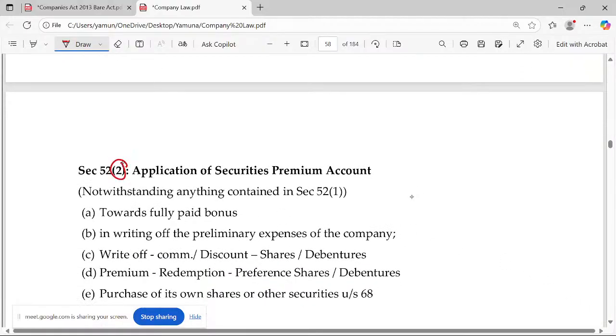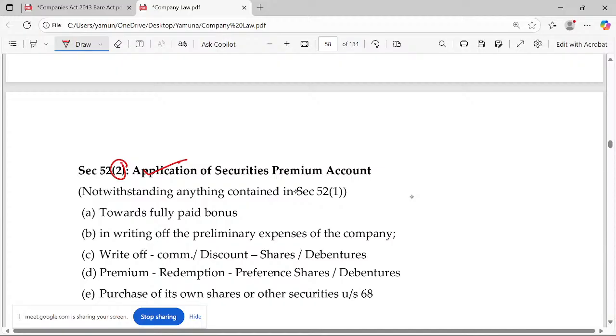With respect to subsection 2, for what purpose can we use this securities premium account? Under which heading will you find this account? You will find this in the balance sheet. Under which heading will you find it? It is not a face item in the balance sheet. It will be available under reserves and surplus. It is not a face item. Okay. So don't go searching by mistake. Securities premium account, consider it in the notes.